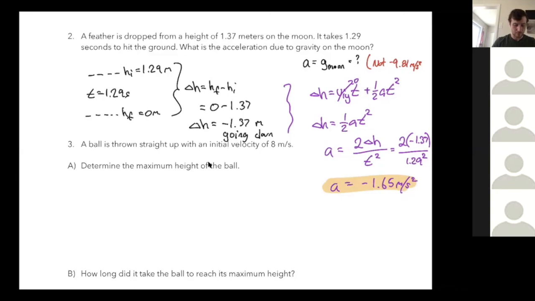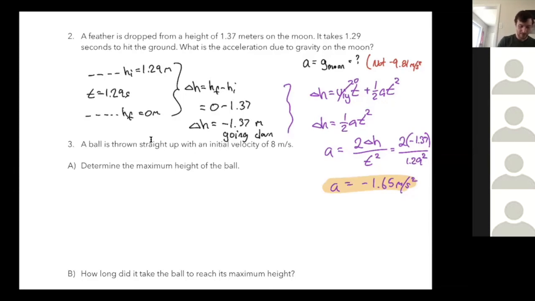So we've got a ball being thrown straight up. So here's a pen going straight up, okay, with an initial velocity of 8 meters per second. So it's going up at 8 meters per second, coming to a maximum height, and then falling right back down. So we want to know what's the maximum height, how long does it take to reach the maximum height, and how long until the ball lands back in your hand, okay? So step 1,